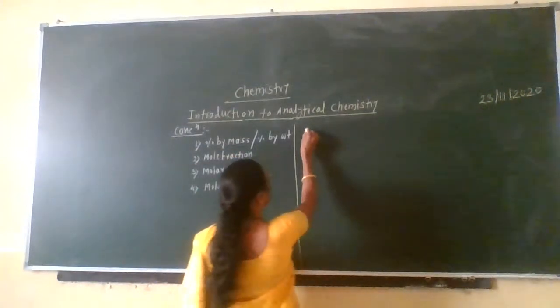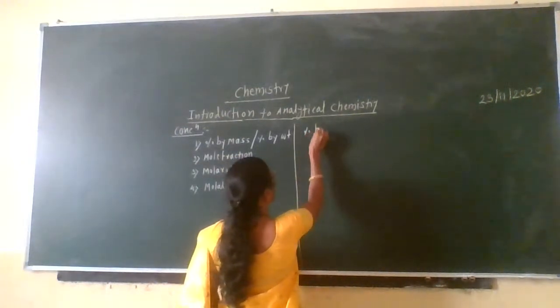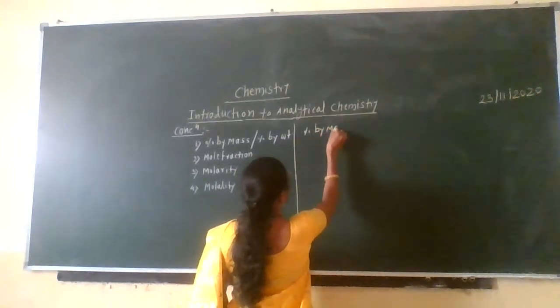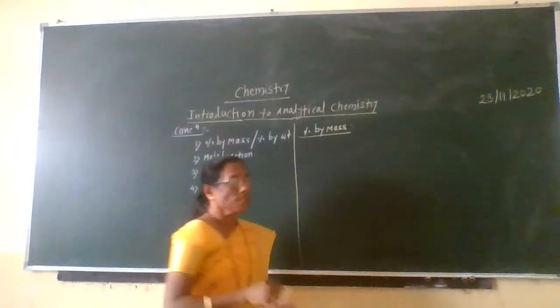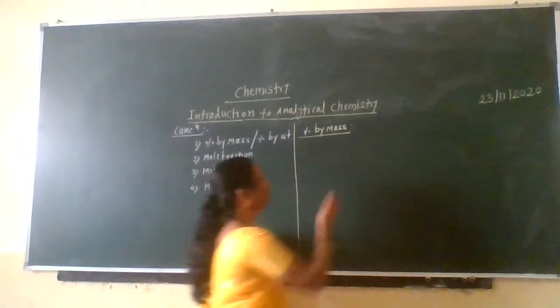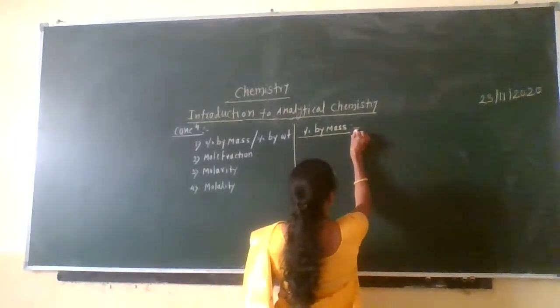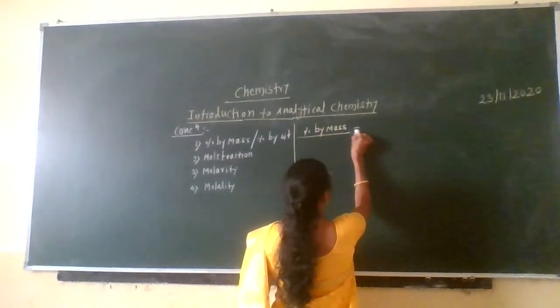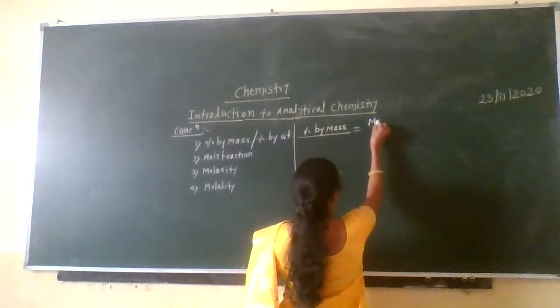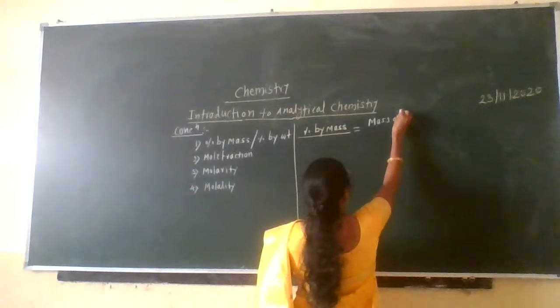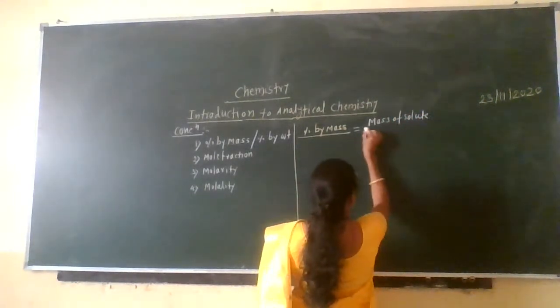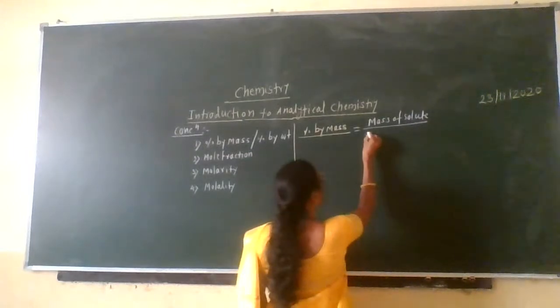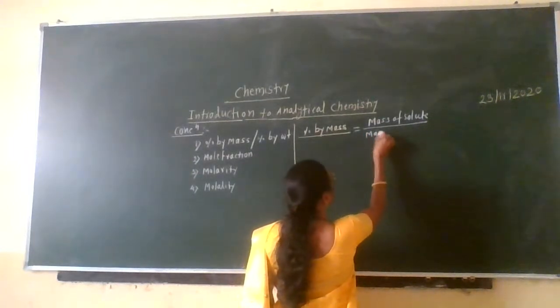Here, percentage by mass is equal to mass of solute divided by mass of solution